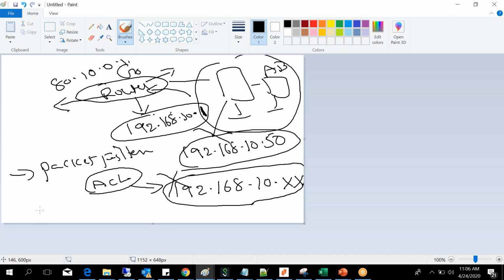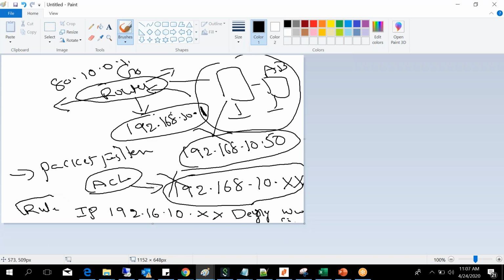So I will write a rule saying that the 192.168.10 subnet is denied accessing the Facebook IP address, www.facebook.com.